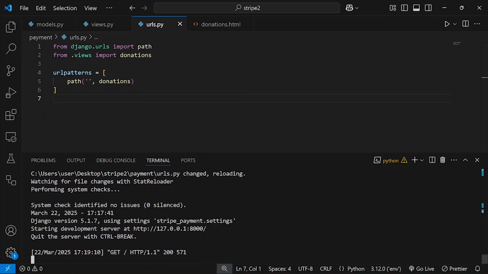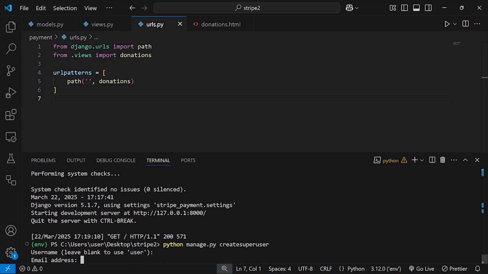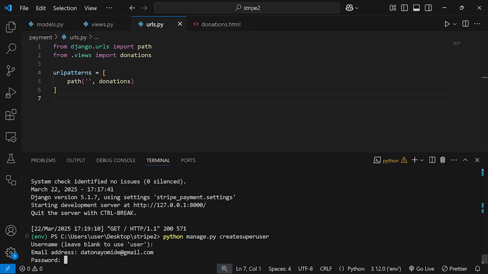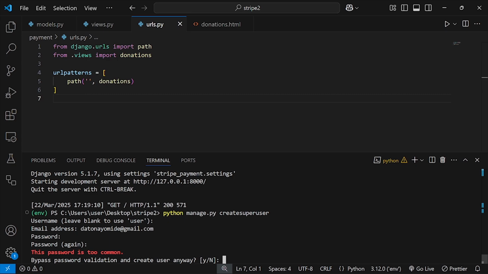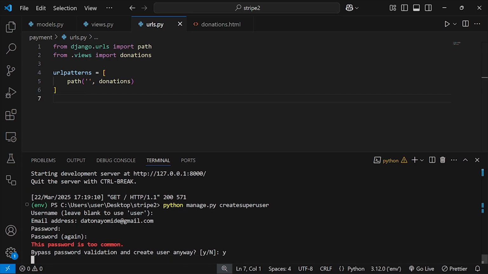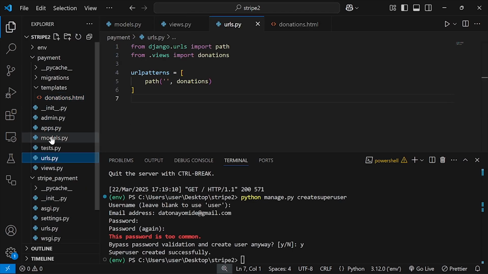So here I'll break this and I'll create a superuser. python manage.py createsuperuser. Now, username I'm going to leave it blank. My email I'll just put my email address here, and password just give it a password. Now password again, I'll give it my password. Yes. So after this, the next thing is that let me register